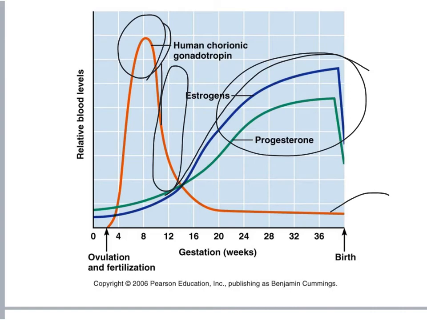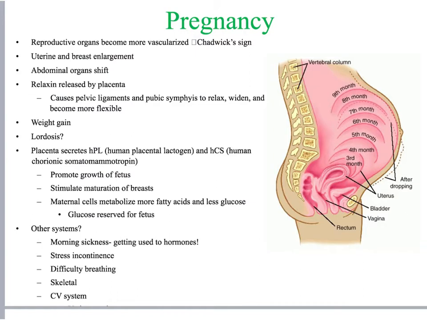You can see when a woman gives birth, because she not only gives birth to the fetus, she also gives birth to the placenta, that these hormone levels all go down to a very low level. And it's believed that these tanking levels of hormones are what contributes to postpartum depression. The mean duration of pregnancy is about 38 weeks from the time of ovulation to birth.